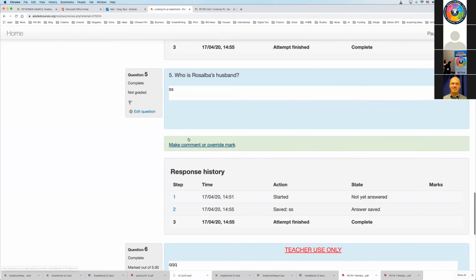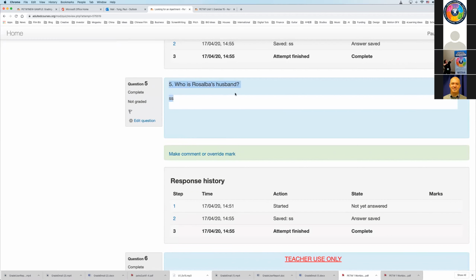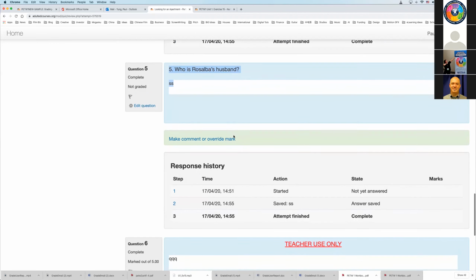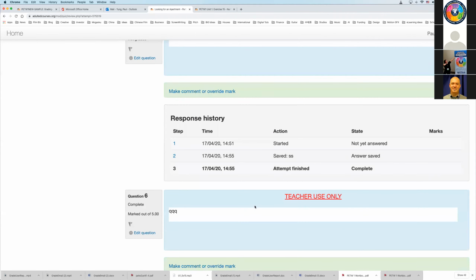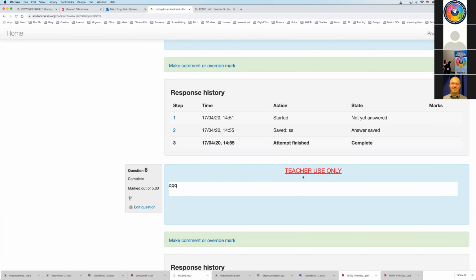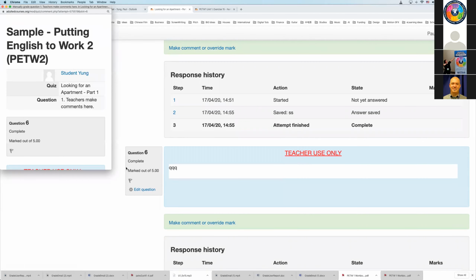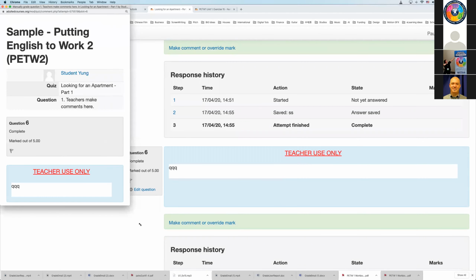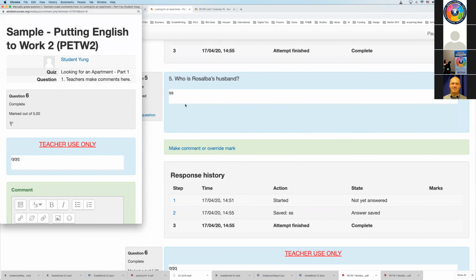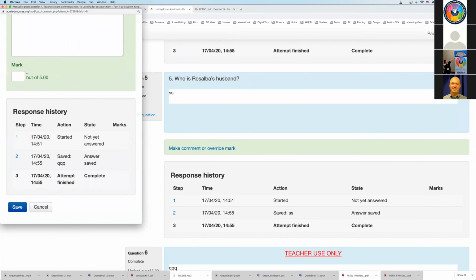In this case, even though there are 5 questions, we only do it once, conveniently under this very last box that says teacher use only, okay? So we click on this make comment or override mark, and this exercise, right? 5 questions. And here I'm gonna put 5 out of 5.